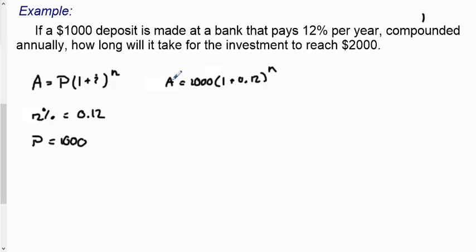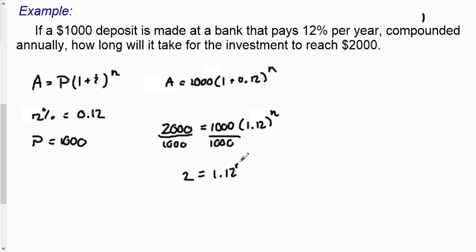Now I want to know when this investment will reach $2,000. So I'm going to set A equal to 2,000. 2,000 is equal to 1,000 outside of, I'm going to add these now, 1.12 to the n. So I want to solve for n, which means I'm going to divide both sides here by 1,000, so I want to isolate the variable. So that's going to give me 2 equals